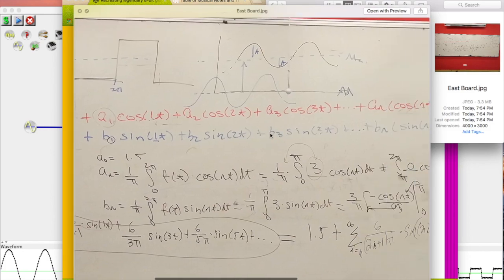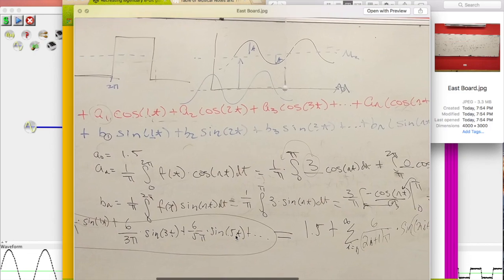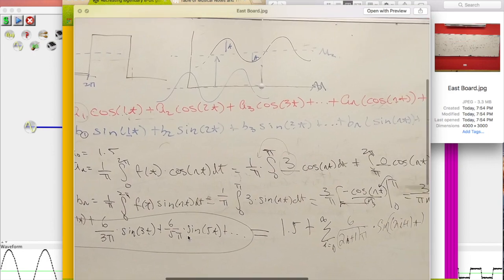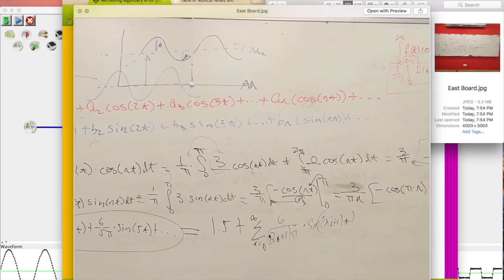So we then go to B3, which is 3 times the fundamental, which means that's going to be inside of our curve with the intensity solved by 6 over pi n, 6 over pi 3. Then we fast forward to the 5th harmonic of the fundamental. And we see that there's an easy pattern: it's always 6 over the odd values times pi,